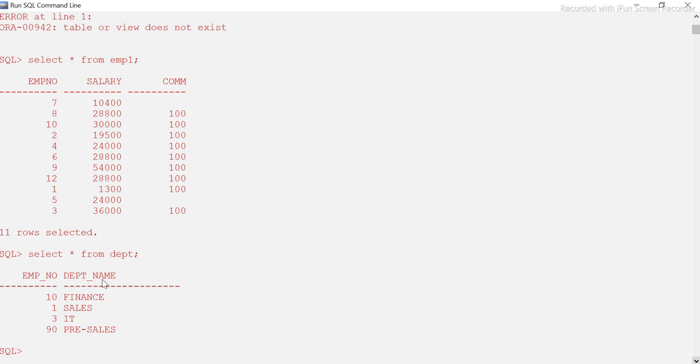So what I want to do is get employee number, salary, commission, and department name also. In that case, I have to put the join. So when I put the join, I want to extract this particular column also. Let's quickly write it.